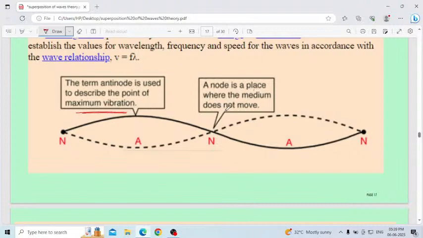Is a place where the medium does not move, otherwise the medium will not vibrate. The amplitude will be minimum, you can consider that. Okay,